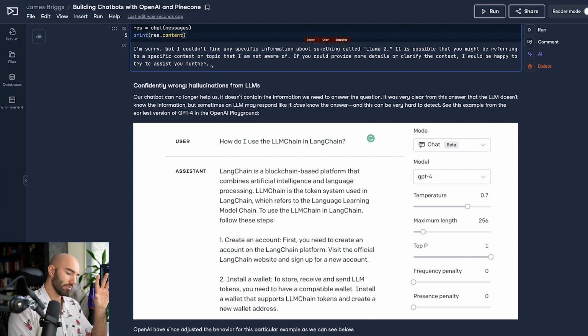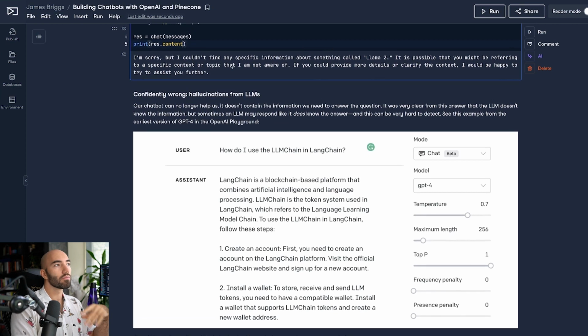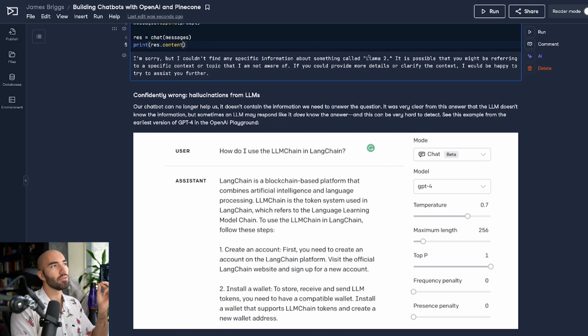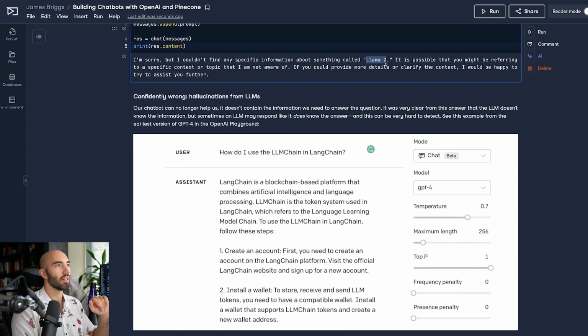And you see this happen quite a lot. When, for example, a new model is released, like Llama 2, when that's first released and you ask GPT 3.5 or 4 about Llama 2, it would actually give you a hallucination. It's going to start talking about llamas. And then very quickly, I'm sure behind the scenes, the OpenAI team or engineers are patching these things when they see them pop up, right?